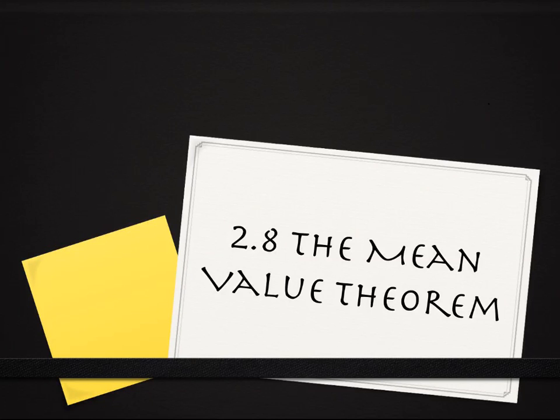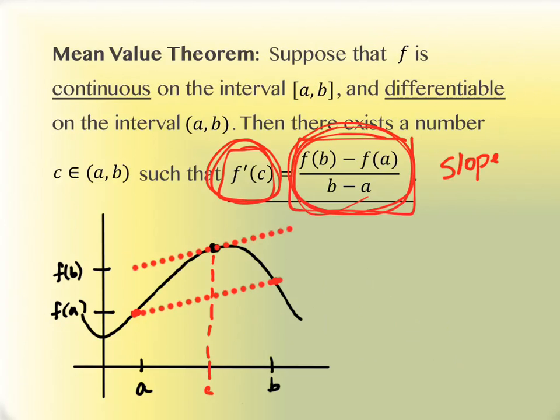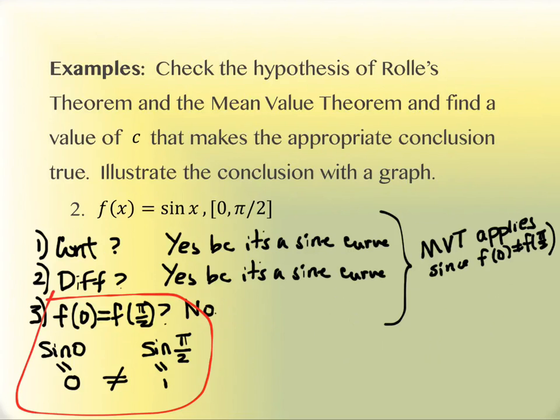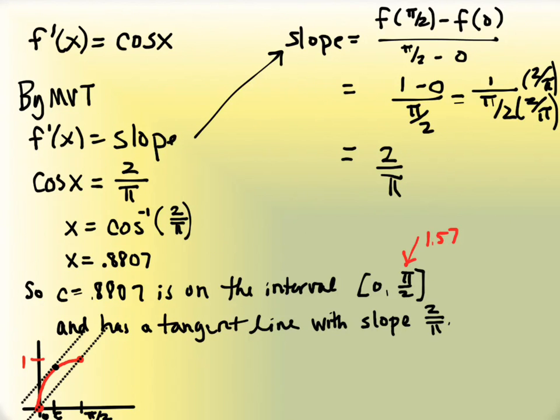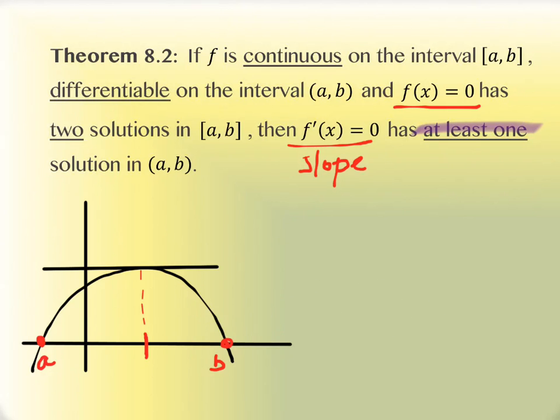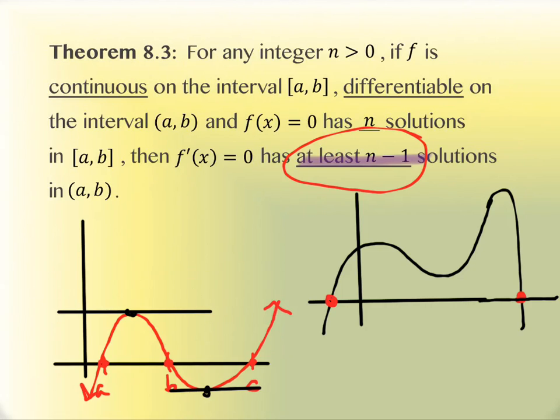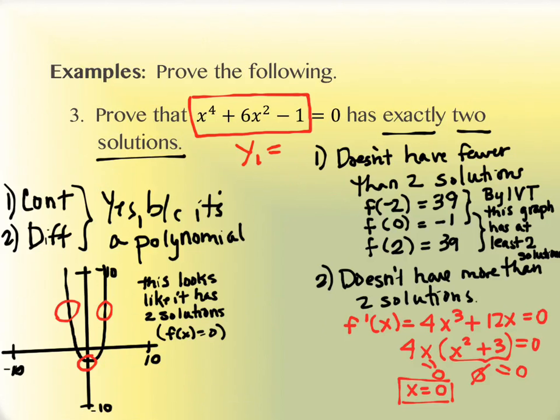All right, section 2.8 we started last time, and we had talked about Rolle's theorem and the mean value theorem, and we had done a couple of examples, I believe, or at least one example here at the end. And then theorems 8.2 and 8.3, and that's where we left off, right. So we had talked about 8.2 and 8.3. Let me just remind you of 8.2 and 8.3, the idea when we did this example,